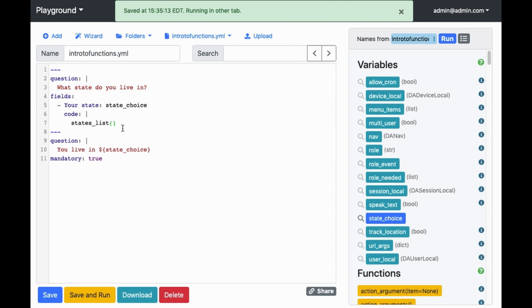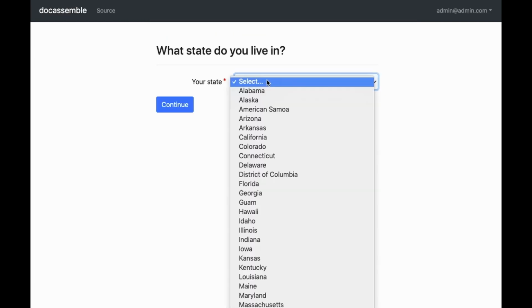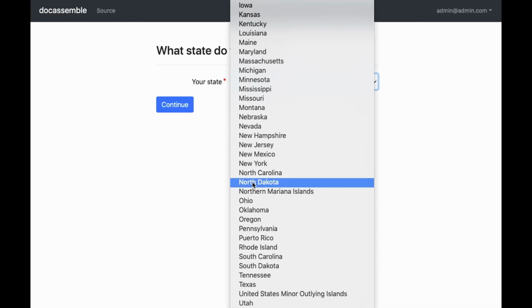By calling states list, it will automatically populate a list of values for each state. I'll hit save and run, and I get a nice pull-down menu with all of the names of the states there for me. So let's pause here for a quick review. So far we've seen that functions can be used to